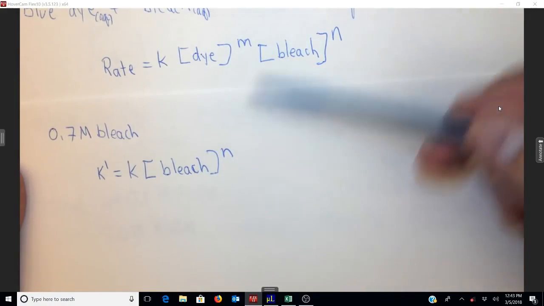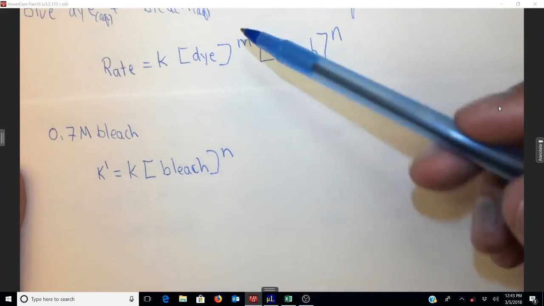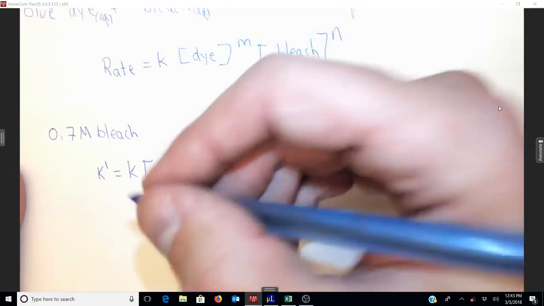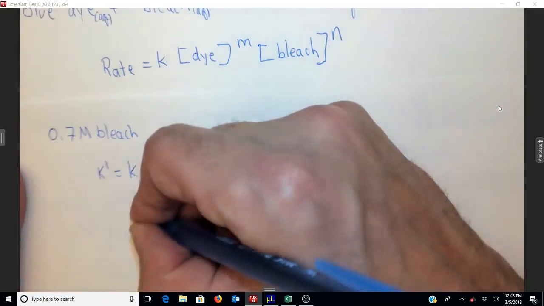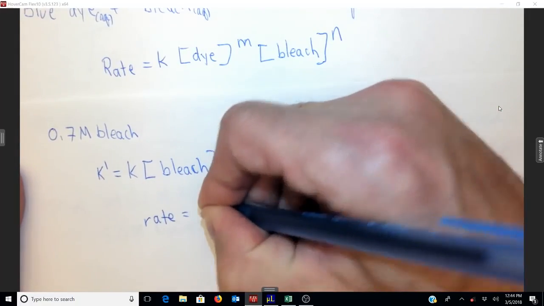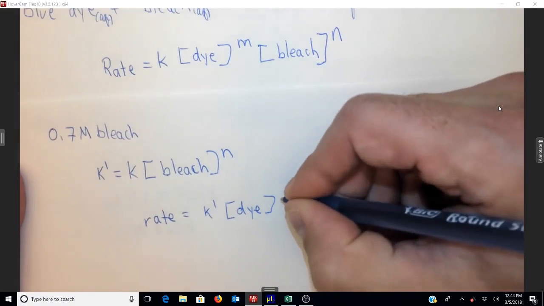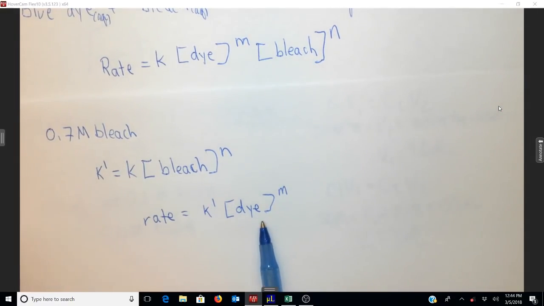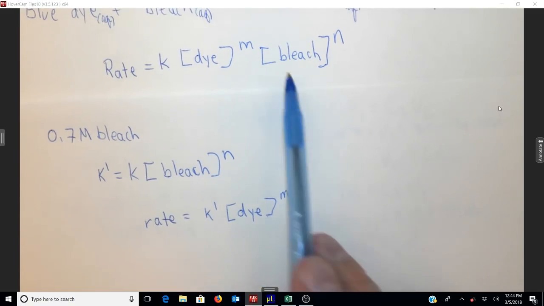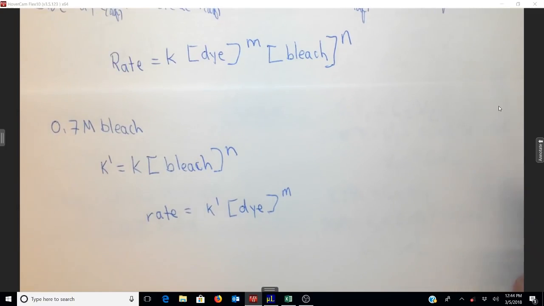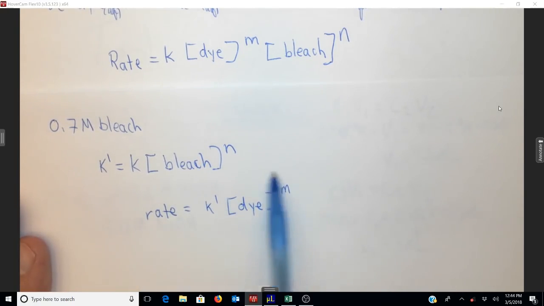If we combine these 2 equations, and again, this is a little complex and not super important, okay? If we combine these 2 equations, we get the overall equation, which is rate equals K prime, the pseudo rate constant, times the concentration of dye to the N. So now we have one equation that we can evaluate. If we use this, there's too many variables. We can't evaluate it. So we have to do something, a trick, if you will, to make the math easier so that we can actually evaluate the expression or minimize the variables. So now, using the pseudo rate constant, we have an expression we can